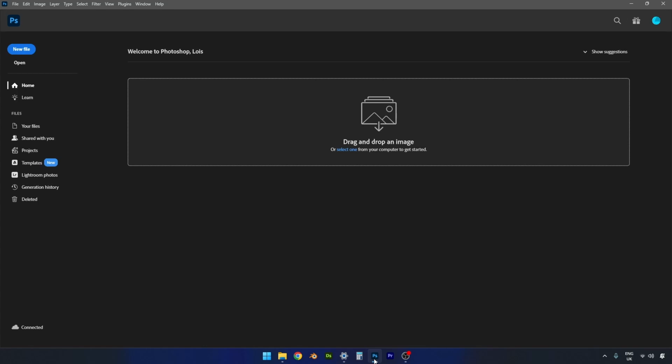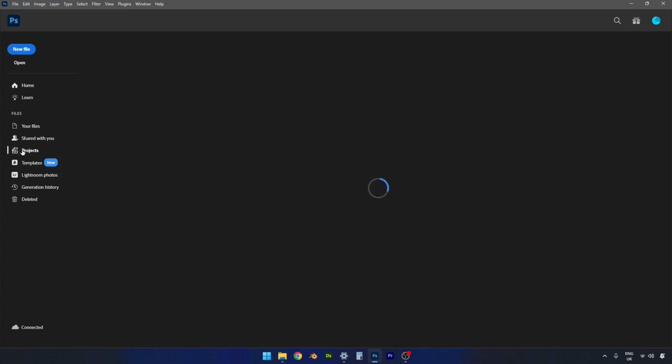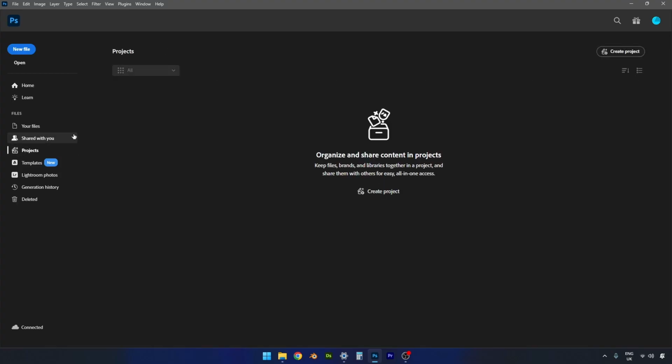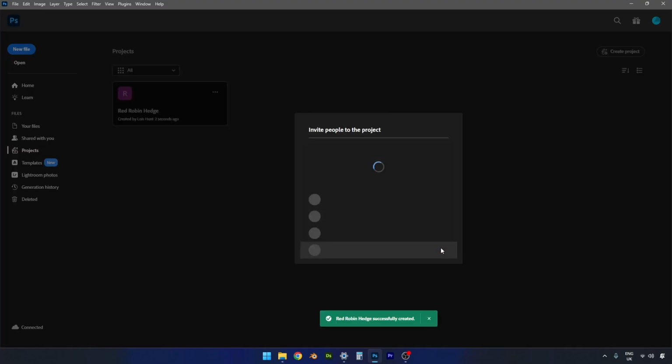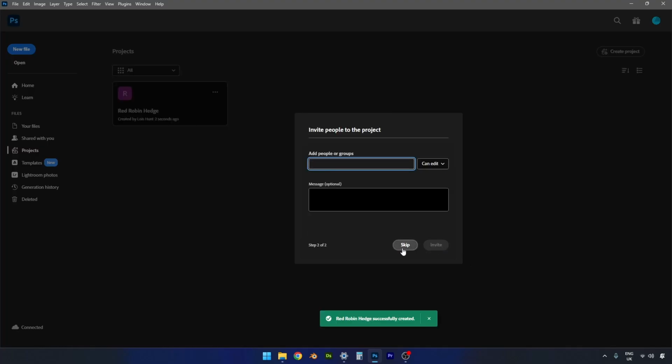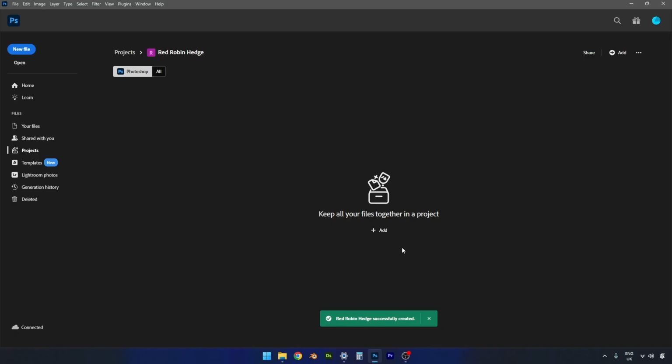So let's start up Photoshop and we'll start a new project. So if we do end up with multiple files, they'll all be kept together under a project. We'll call it Red Robin Hedge and then just click create. Okay, we don't want to invite anyone else to the project, so skip that bit. Then we'll select new file